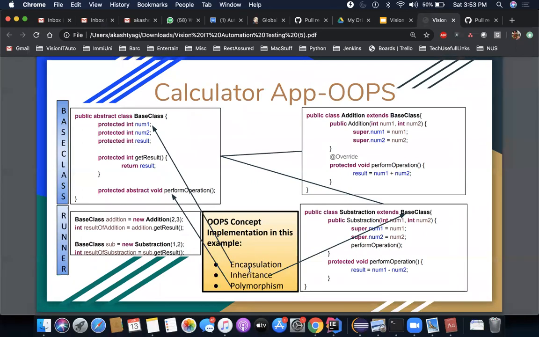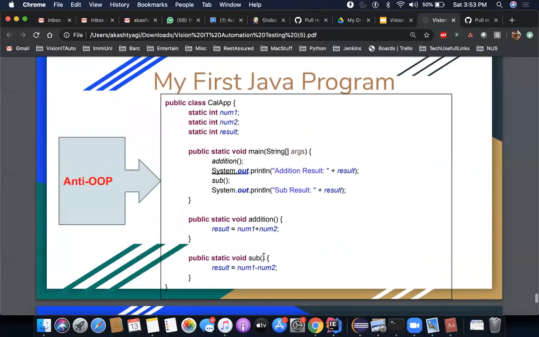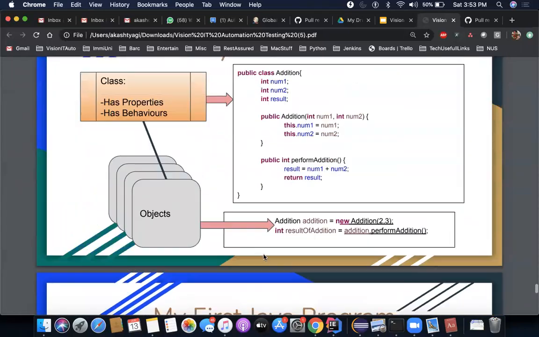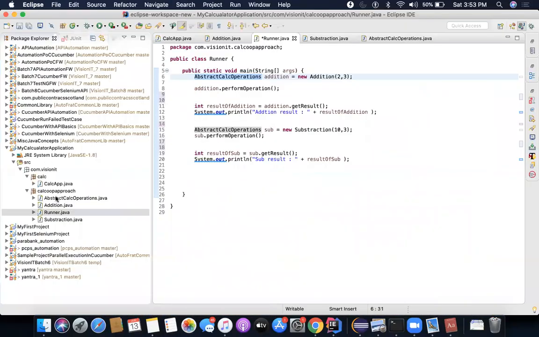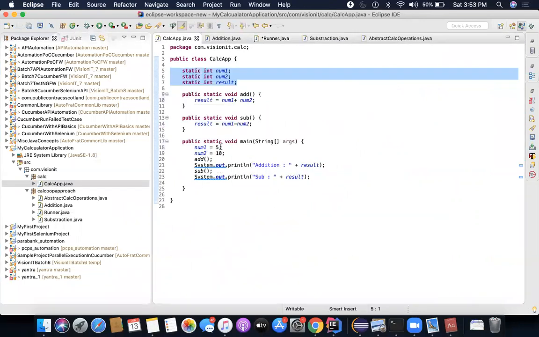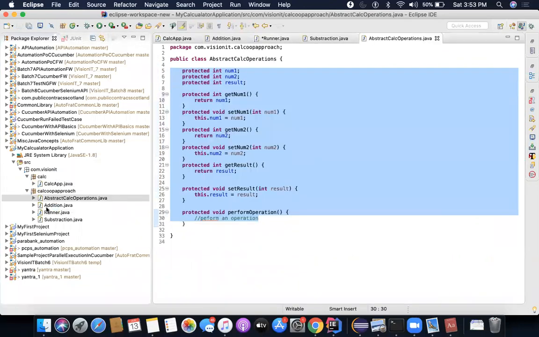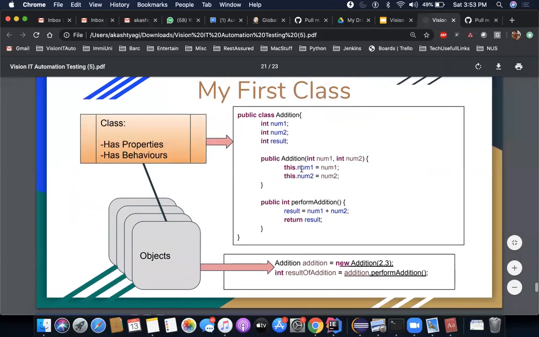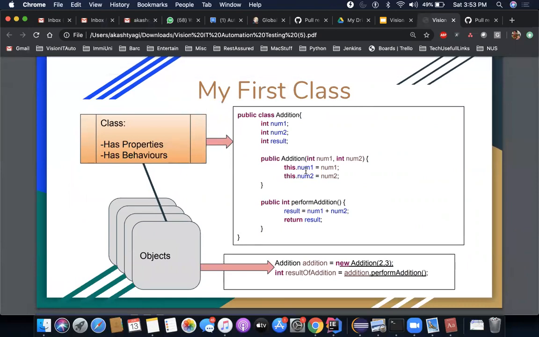This keyword. Okay, yes. This keyword I have used in the program. I've removed that, I'm not using it here, but here you will see this dot num1.